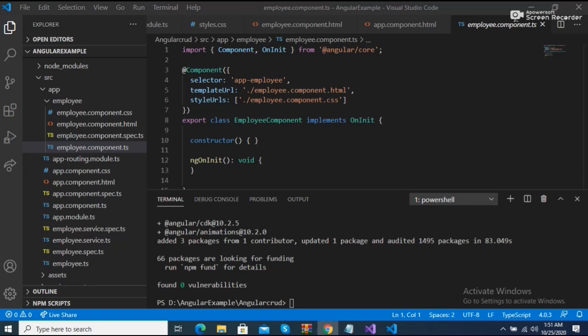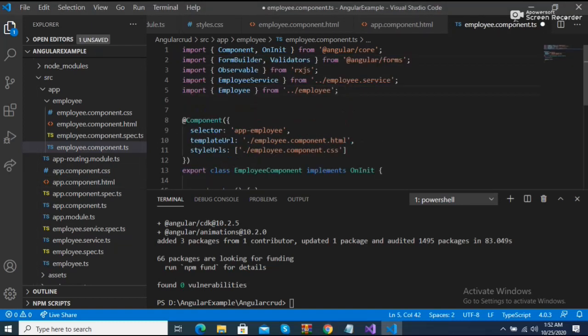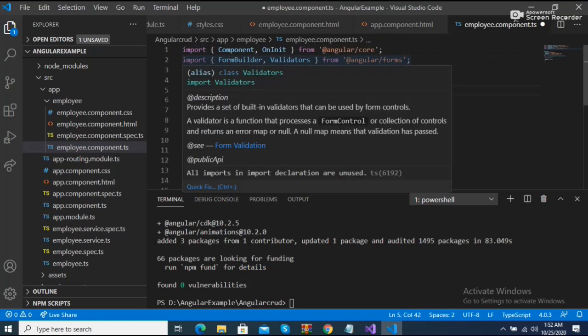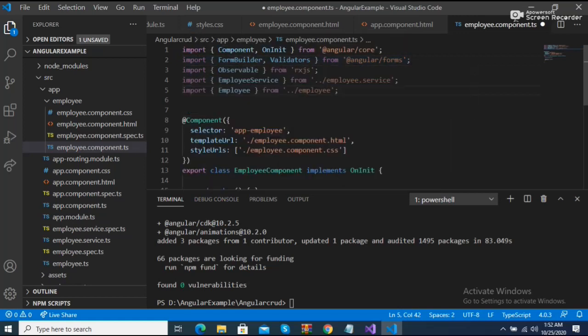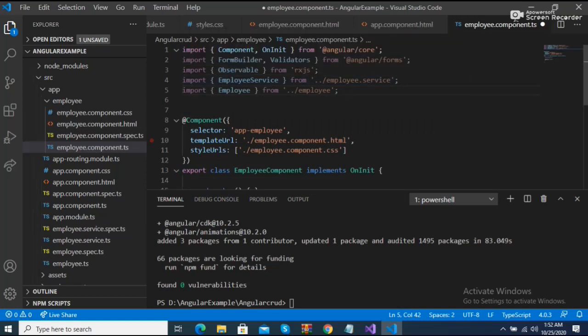I'm just putting the import of FormBuilder, Validators, FormGroup from Angular forms, Observable, and the employee service. In the component we have selector app-employee, templateUrl employee.component.html, and styleUrls.